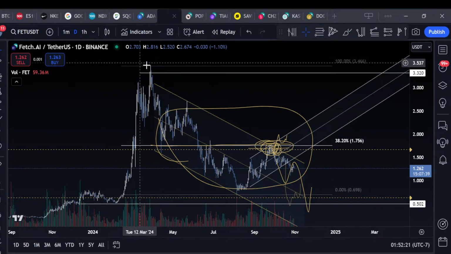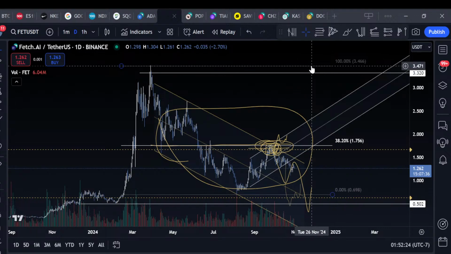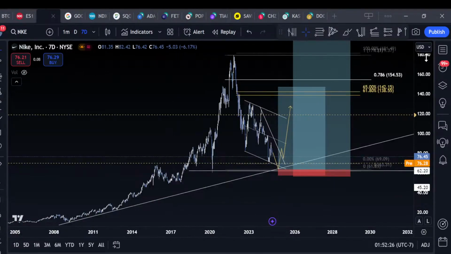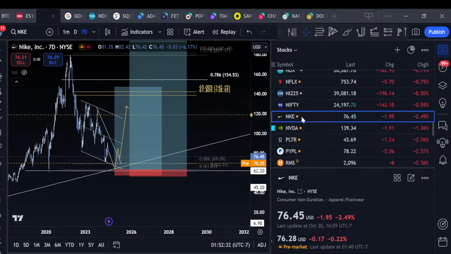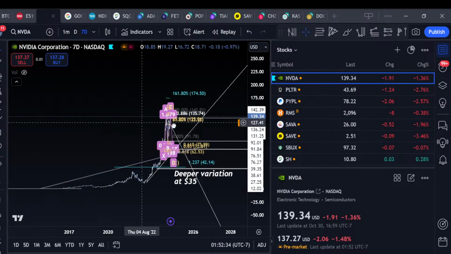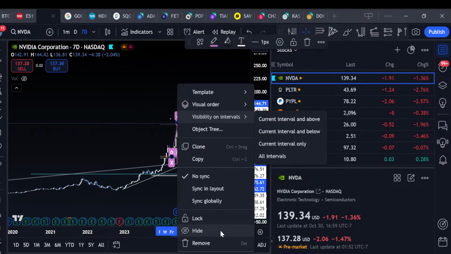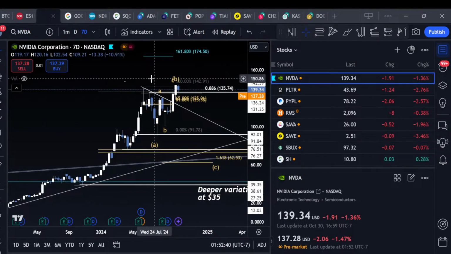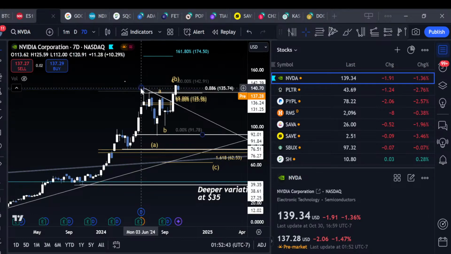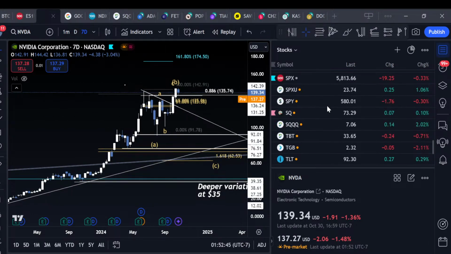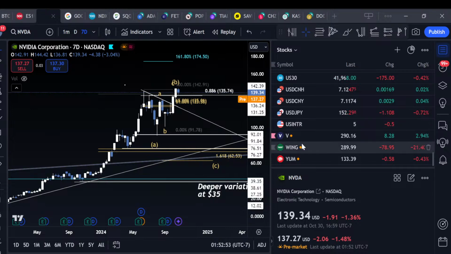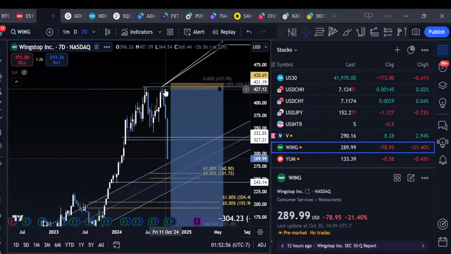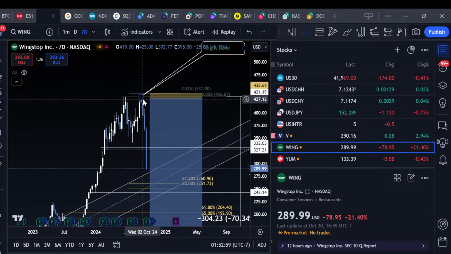I'm not saying every idea I post works, clearly. But it's just kind of funny. I had some bearish ideas on NVIDIA. Initially they played out, but here they have not. But the first bearish post I ever posted on NVIDIA was literally this exact pico top for a 35% rejection. And all this structure played out perfectly until this, and I've been wrong from here. You could say the idea didn't work. But the first bearish idea I ever posted, the first chart I ever posted on Wing, was right here at the pico top.